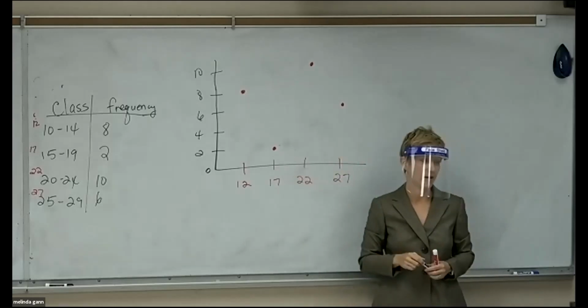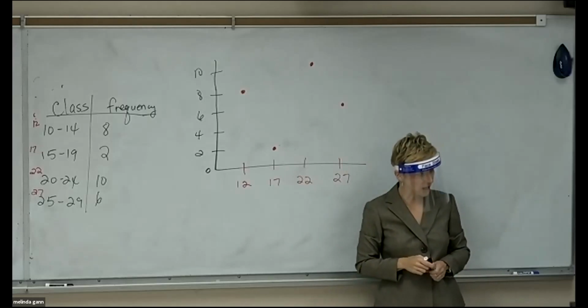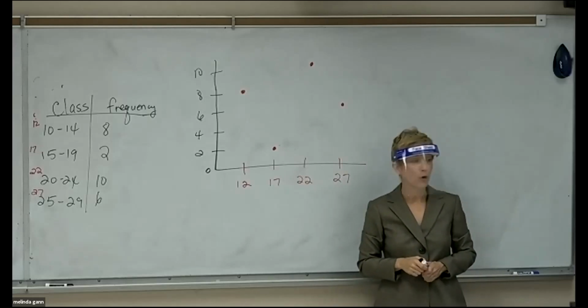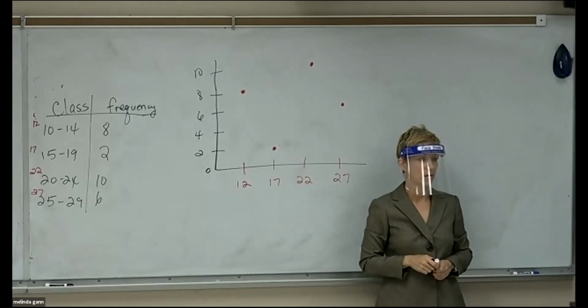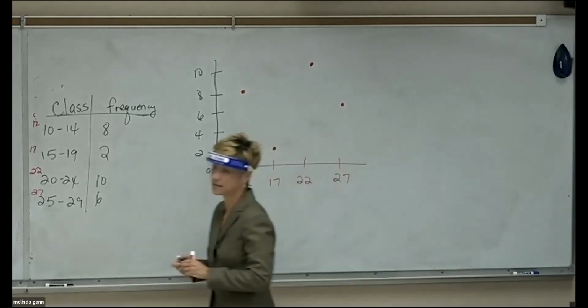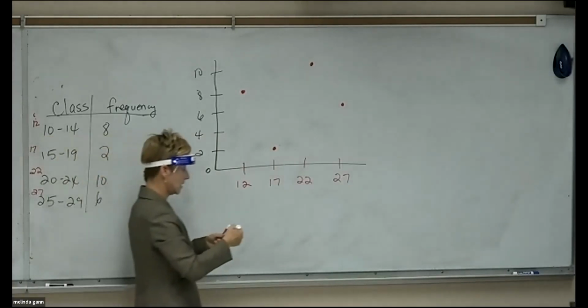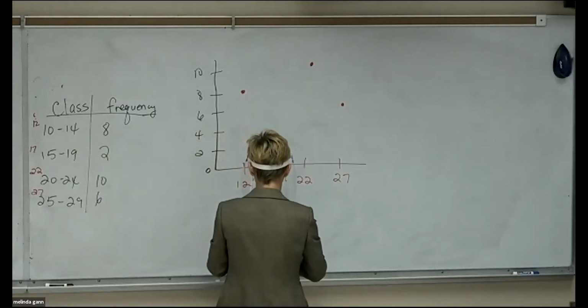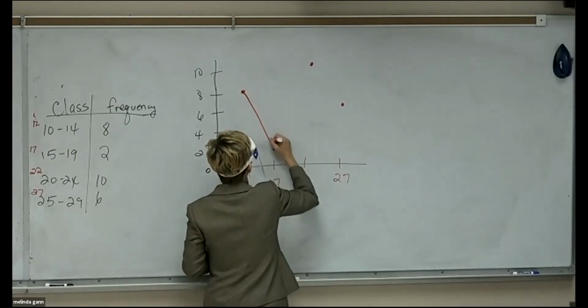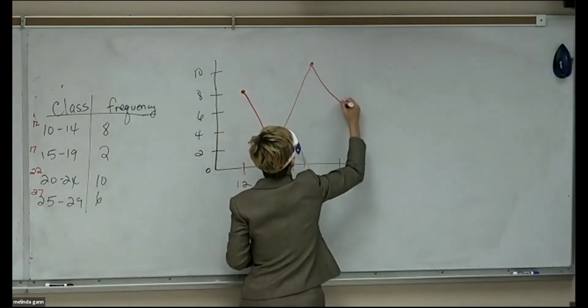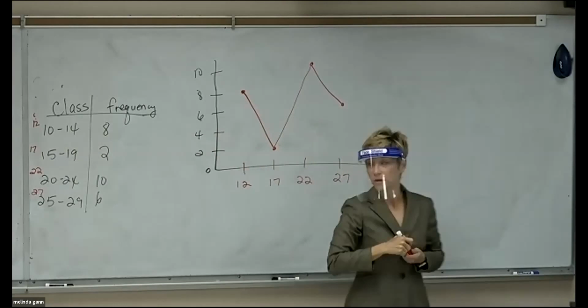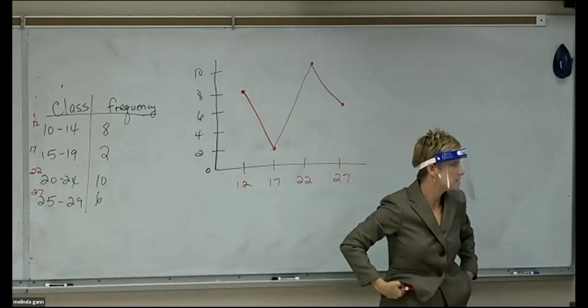Now, let's look at step 5. What's a frequency polygon again? What kind of graph? What do you think I'm going to do to make it a line graph? Connect the dots. That's what step 5 is. All right, so step 5 is just connect the dots. Connect the points. So I'm literally just going to come over here and connect those points. So in your notes, step 5 is to connect the dots. Connect the points.